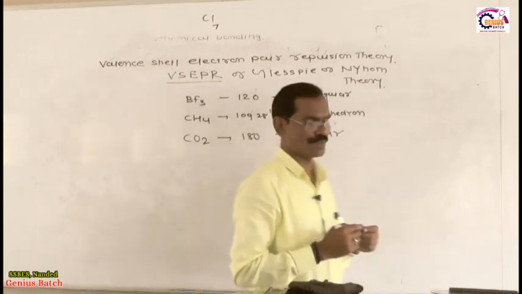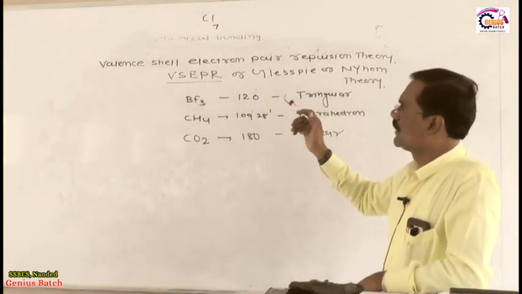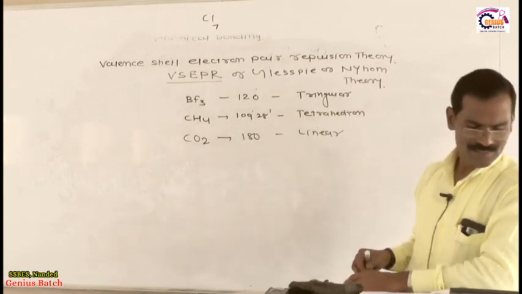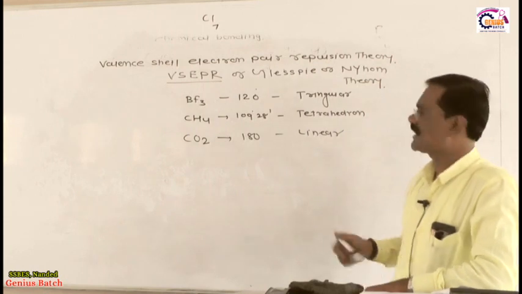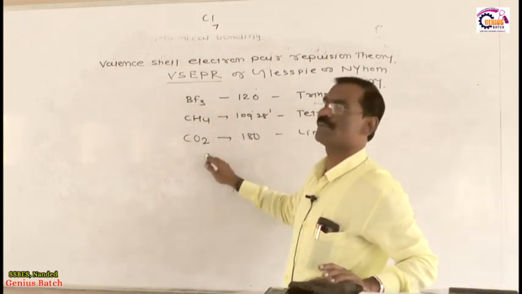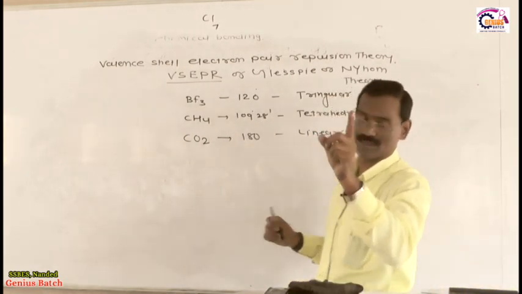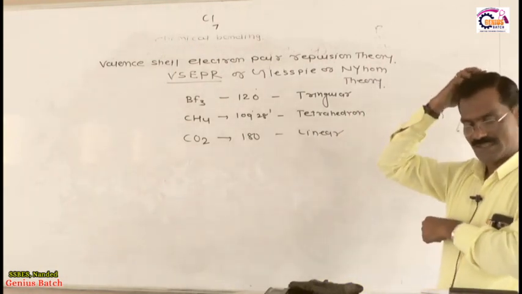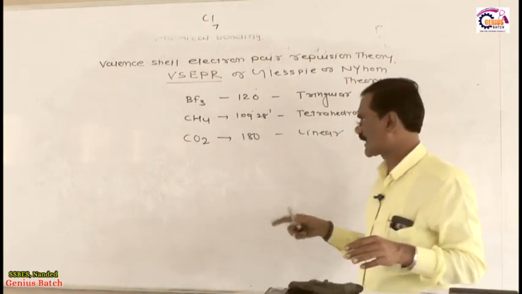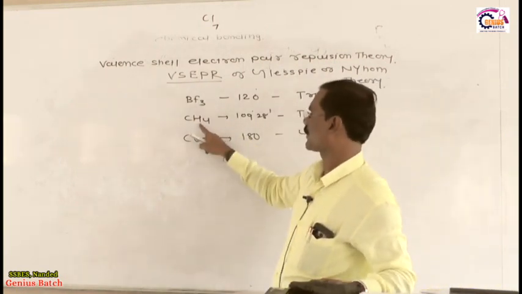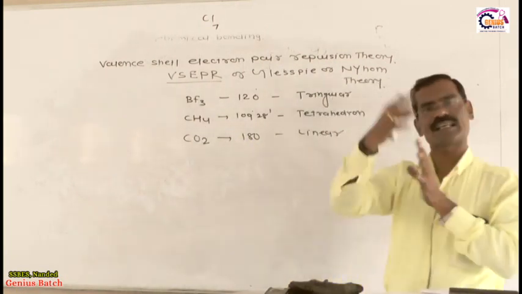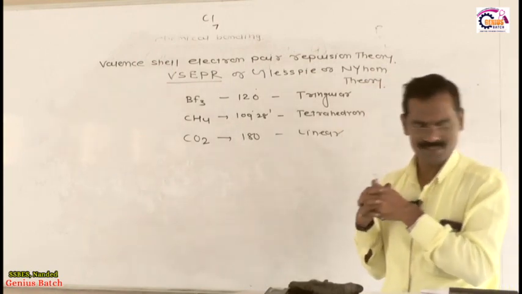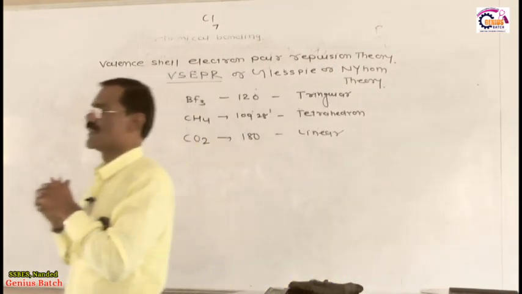So according to valence shell electron pair repulsion theory, if the central atom possesses only bonded pairs and no lone pairs, along with identical atoms, meaning 3 fluorine or 4 hydrogen, where the side atoms must be identical, then the shape of the compound is symmetrical according to Sidgwick and Powell.